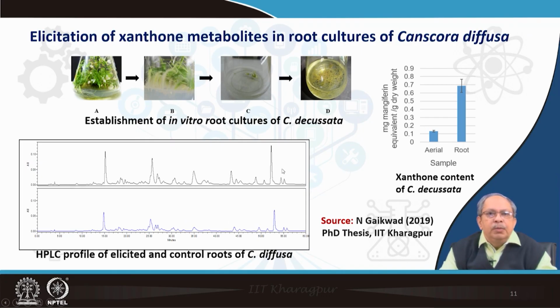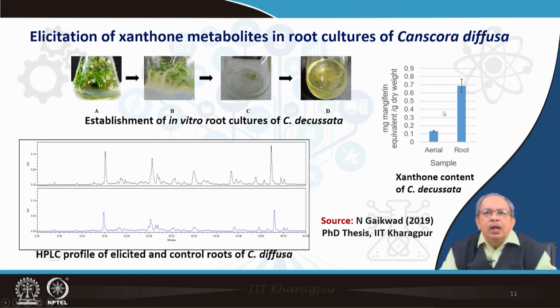This peak here and this peak here, height is much more. That means that the compound produced in the unelicited root culture and in the elicited root cultures, there is a difference, and elicited root cultures are producing more metabolites, and when we measure that in terms of total xanthone content in the root culture,